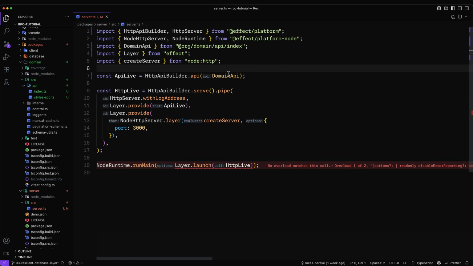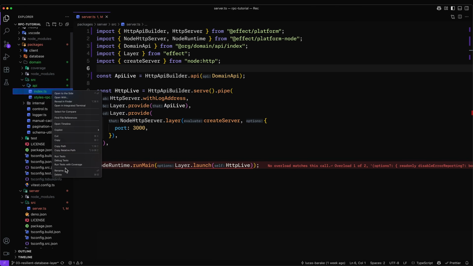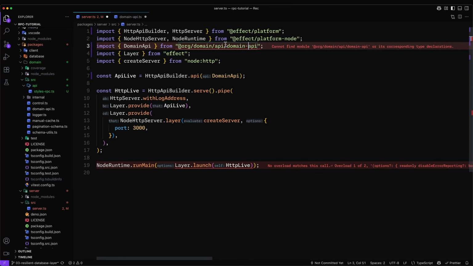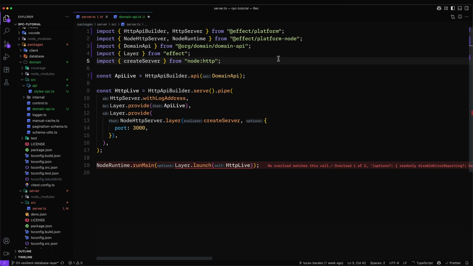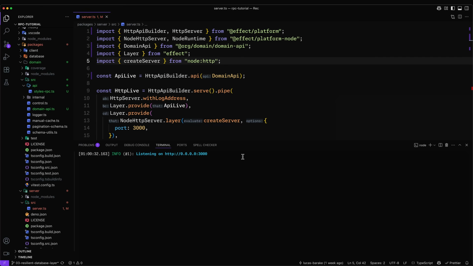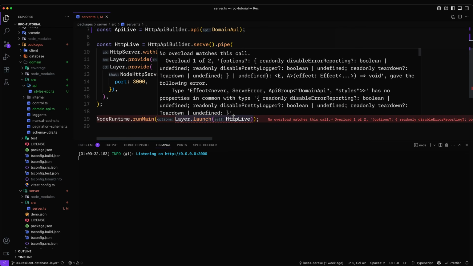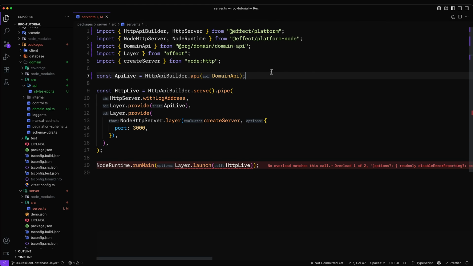However, notice this /index. So for this, let's actually rename this file to just domain API, and let's move it to the root. And that way we can get rid of this, and that's much better. So if we were to run this, as we can see, it works, no errors. Except that we're not providing this layer, so this is not going to work. But we still need the health check